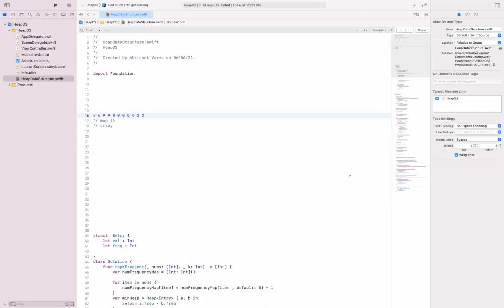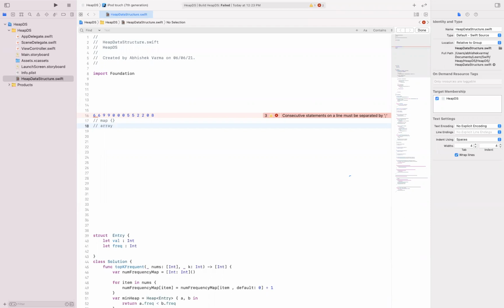Then I want to store these objects in an array and sort based on the frequency. At the end, I want to create an array where each object has the properties value and frequency, and sort this array based on the frequency.